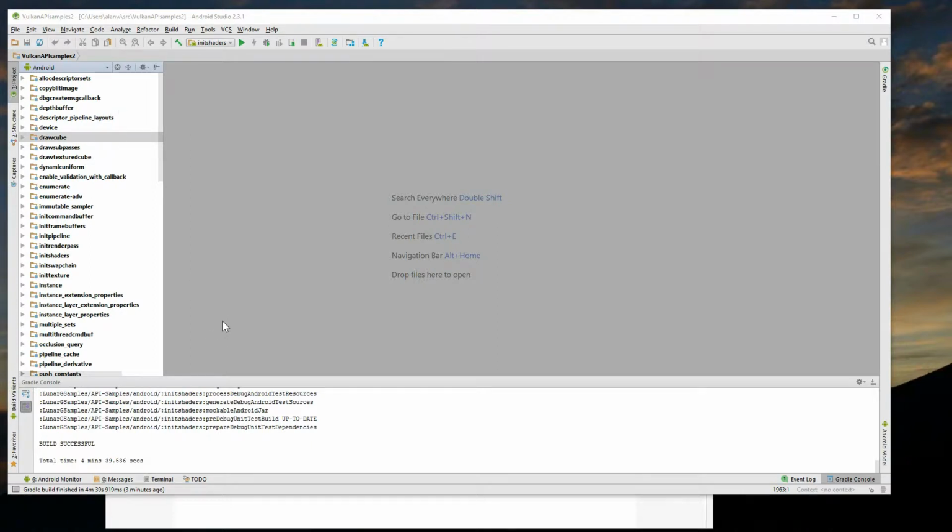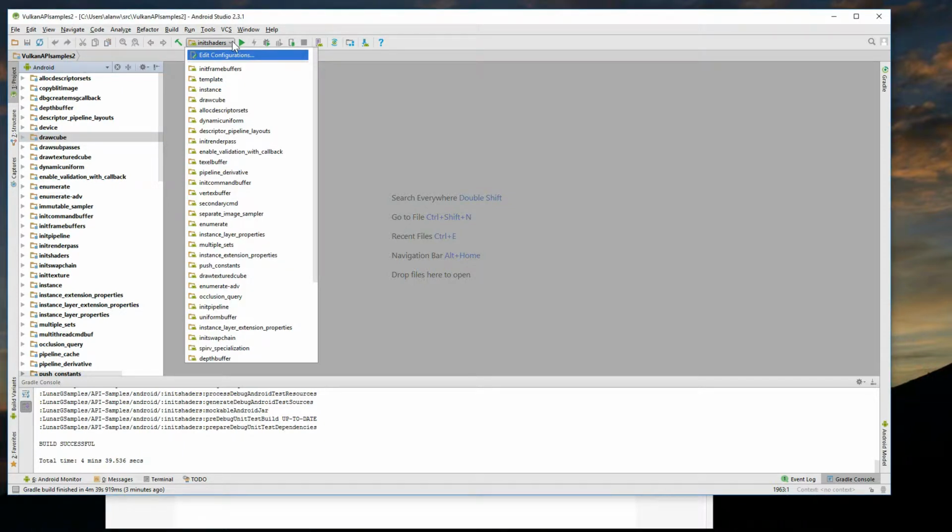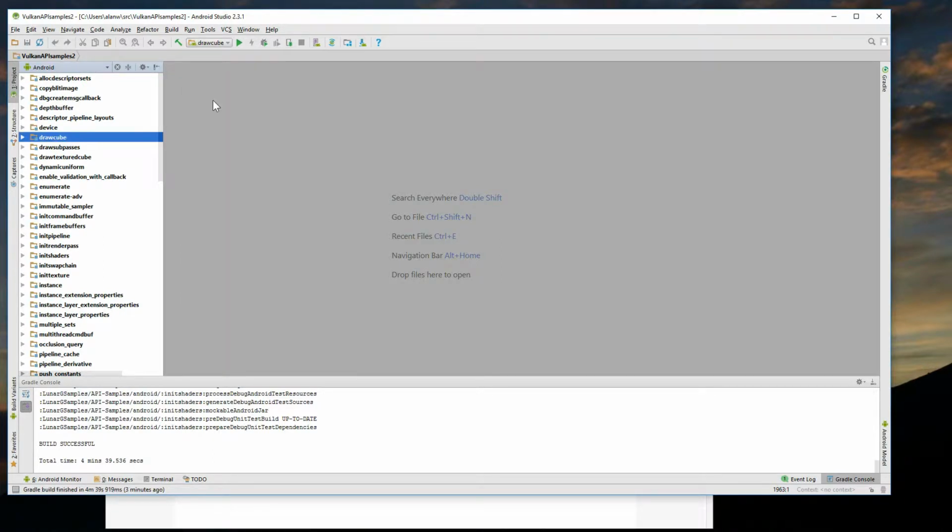Okay, that build's finally successful here. And let's go ahead and go up here to this pull down and pick draw cube. We'll run this. This is a nice simple example. Okay, we selected draw cube, and if we just now run it,